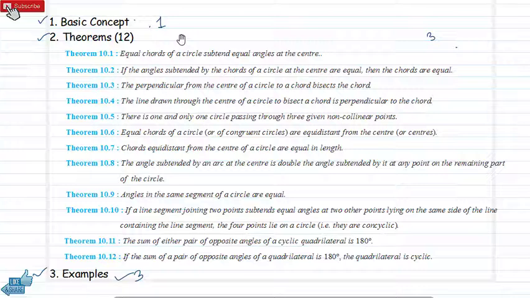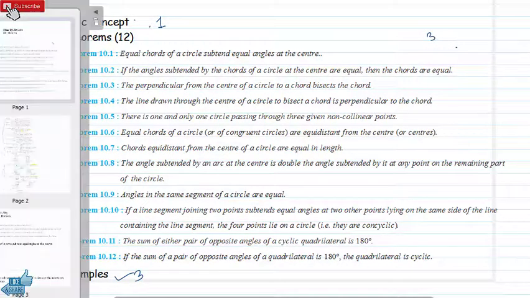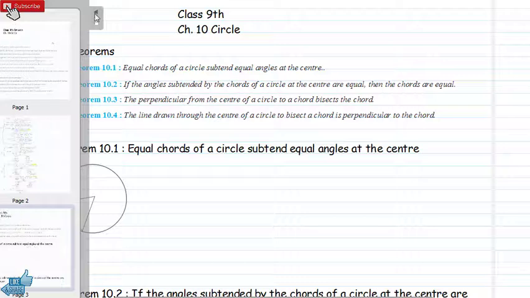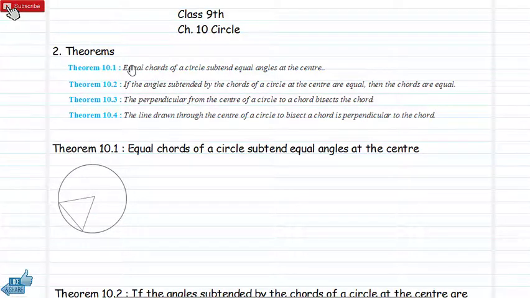So now in this video we are just talking about theorems. Without wasting time, I will move on to the page where I wrote the theorem. Today in this video we are going to discuss 4 theorems, and these theorems are really very important, because if you don't understand the theorem, then how can you solve the examples? So understand this theorem one by one clearly.